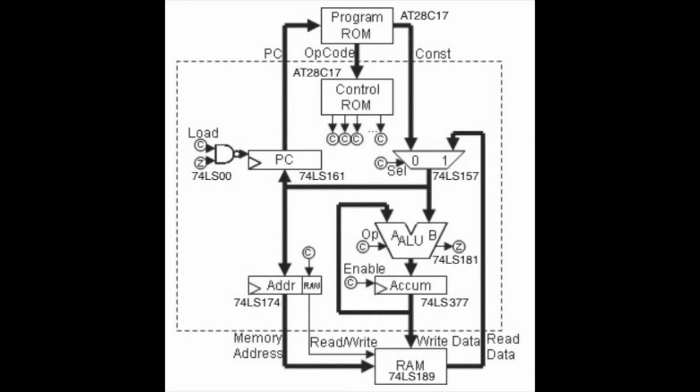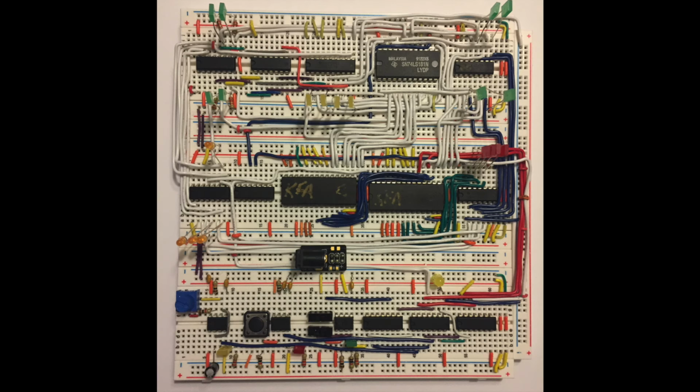All the thin wires represent the outputs of the control ROM that go into the ALU, the accumulator register, and the address flip-flops, but mostly to the ALU. This circuit starts off at the program counter, which counts up in binary. The numbers go into the program ROM to be used as variables for the opcodes, and then this